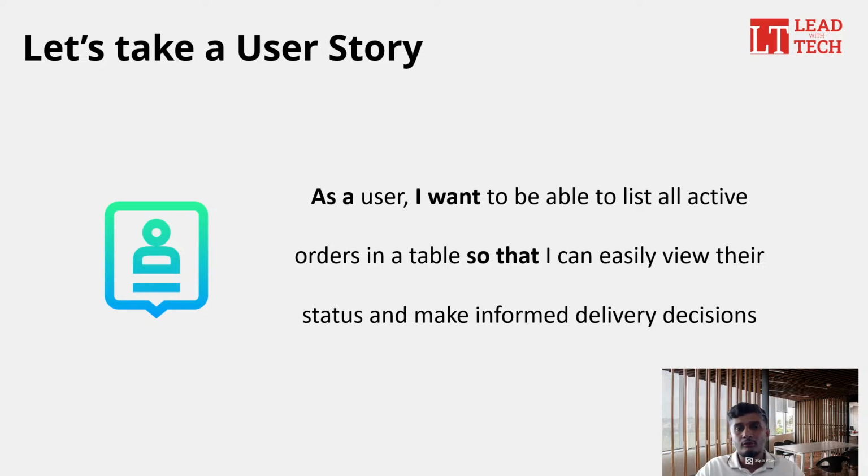So the first thing you will do is understand more about this requirement. It talks about listing active orders, and listing them in such a way that decisions can be made faster. That's the story. It helps the end user, which could be your delivery team, to react to an order quickly rather than later. So if this is a user story and you're going to use GitHub Copilot, what could be the